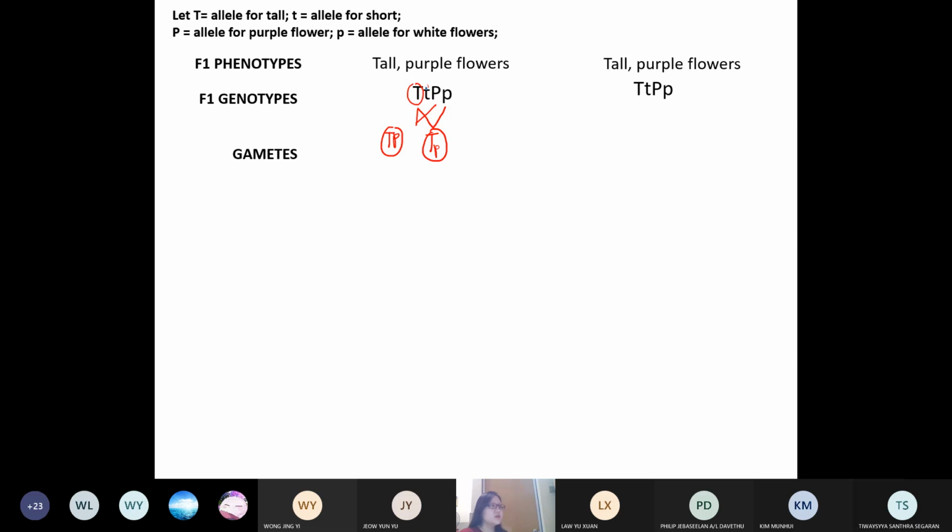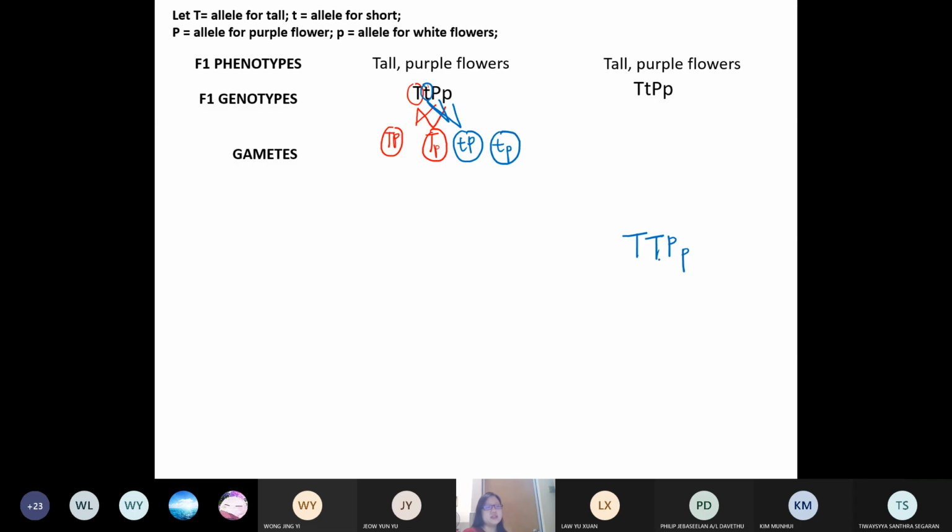Blue color. Right, so the next letter, small t, can pair with what? It can pair with big P and with small p. So big T small t, big P, small t, small p. So you have 4. Now for this, although it's not relevant right now, of course you can have different